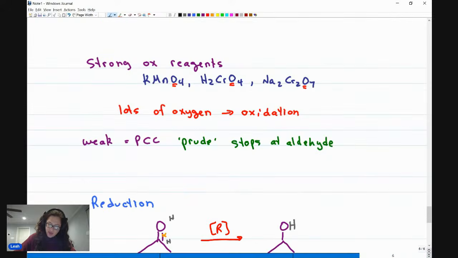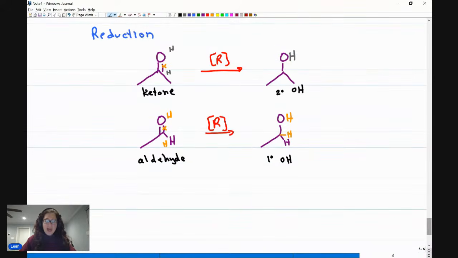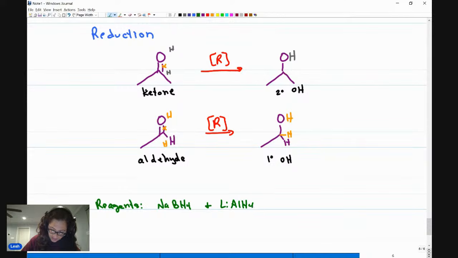The reagents that will carry out reduction. If oxidation had a lot of oxygen, what do you expect to see in a reduction reagent? Well, if we're adding hydrogen, we expect to see a lot of hydrogens. And the two that you are most commonly going to see to carry out this reaction include NaBH4 and LiAlH4. Lithium aluminum hydride and sodium borohydride in a mild acid workup, because when the reaction takes place,